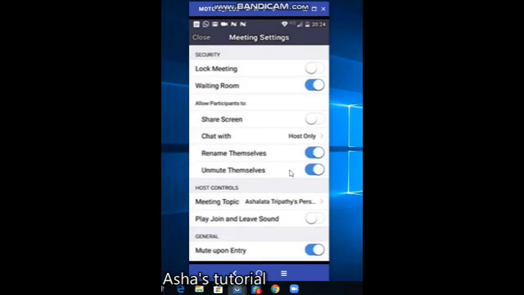Then rename option also, unmute themselves, I can stop it or allow. Host control, this is the ID, meeting topic. Then play join and leave sound, when they join do you want a sound or not. Yes, I want a sound when they join. Okay, all these options are there.